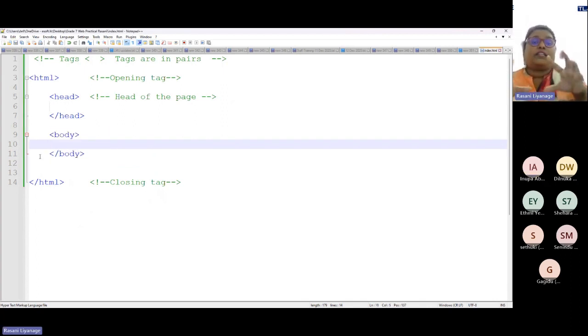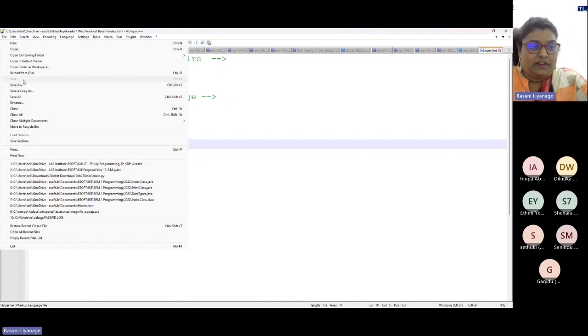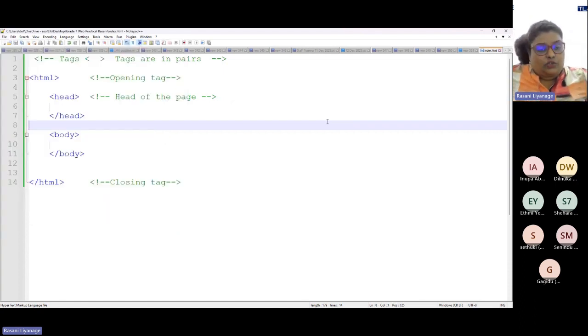So every time that you do a code, just press Control with S or go to file and save. Go to File and save, or press Control and S, every time you make any edit. That's compulsory.